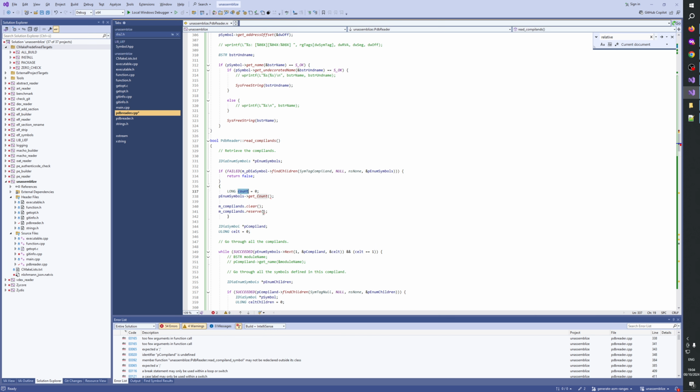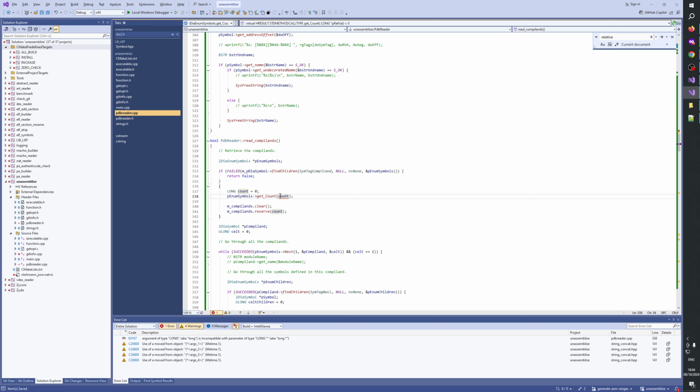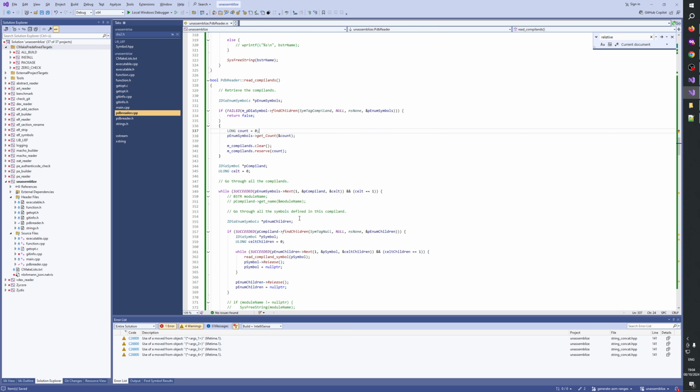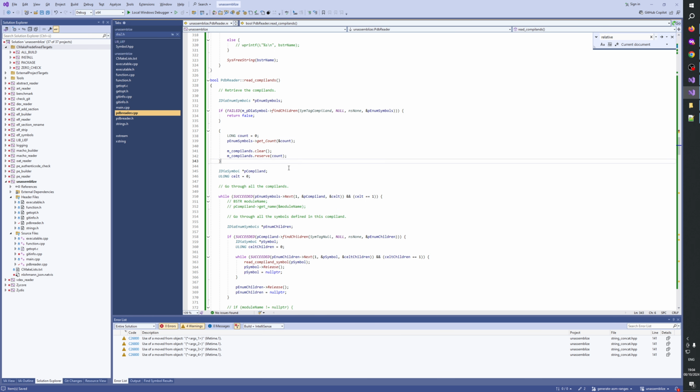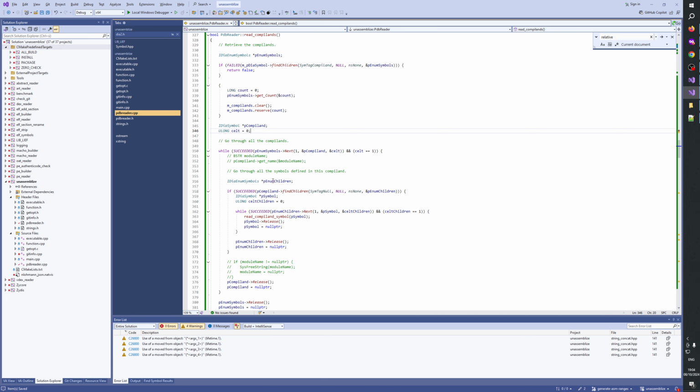Reserve count. If it fails, then we reserve 0, but I suspect this will succeed. And then here,